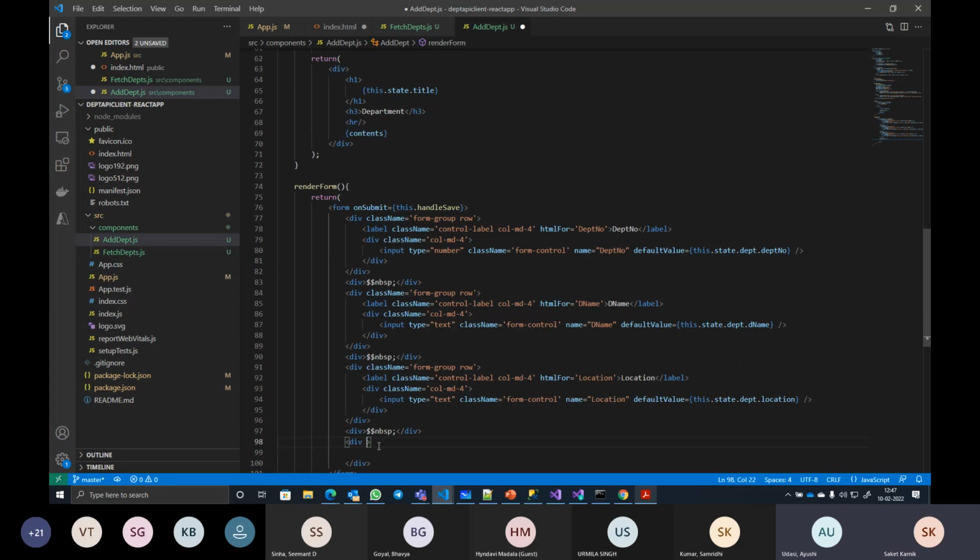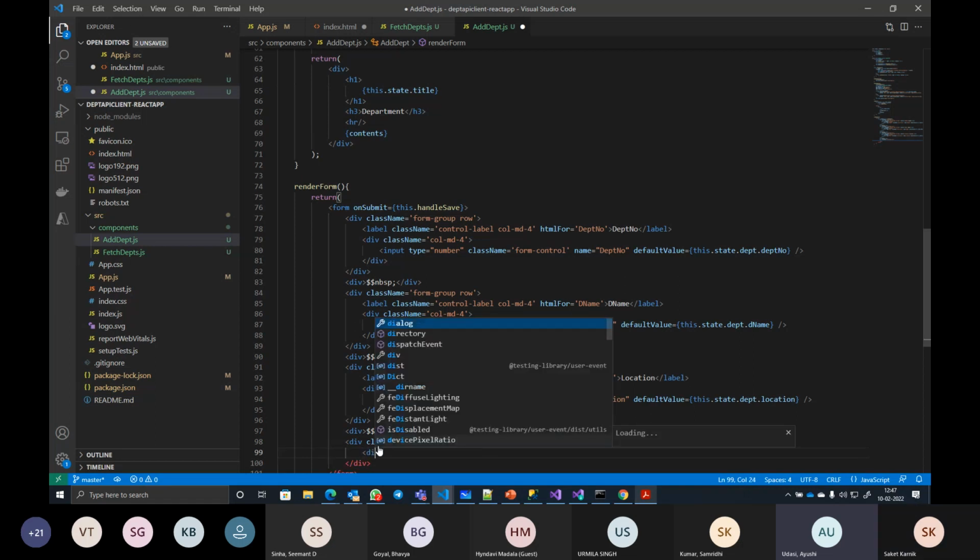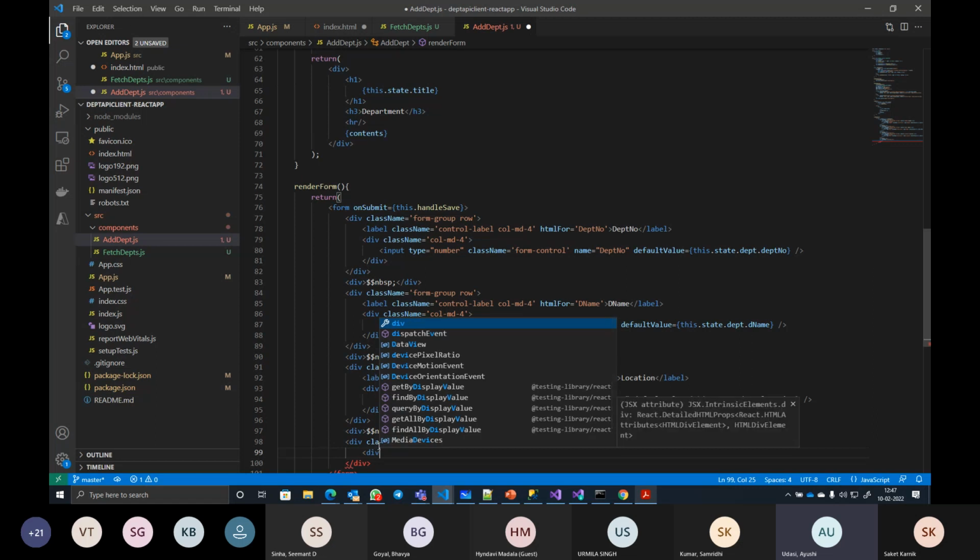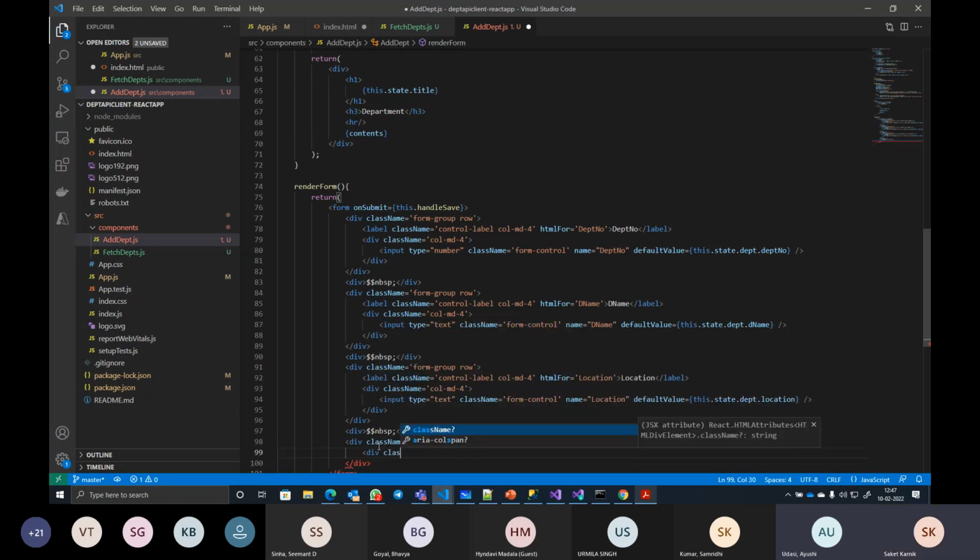Another div which uses className form-group row. Then I have an inner div with className col-md-1.